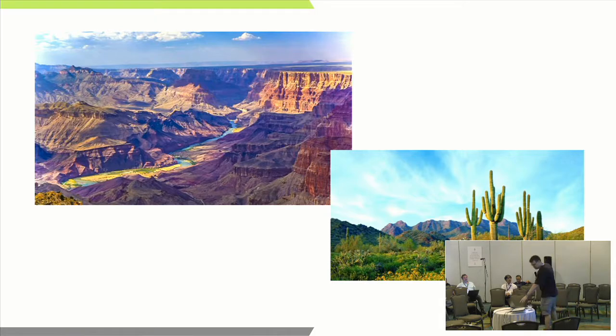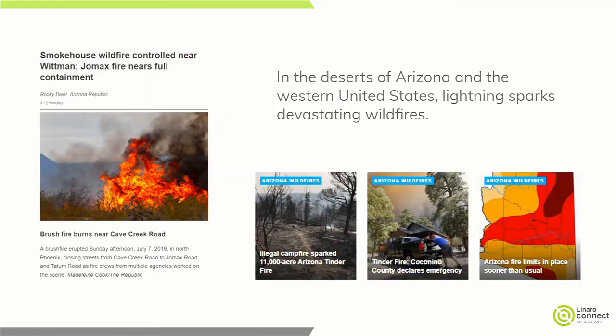Okay, that's the Grand Canyon, and those are the very stereotypical saguaro cactus. They're all over Phoenix. What else happens in the southwestern United States during the summer are wildfires, and they are massive. If they are left uncontrolled or they're not found quickly and put out quickly, they literally grow to hundreds of miles in diameter. The other thing to point out is that most people's vision of the desert in the